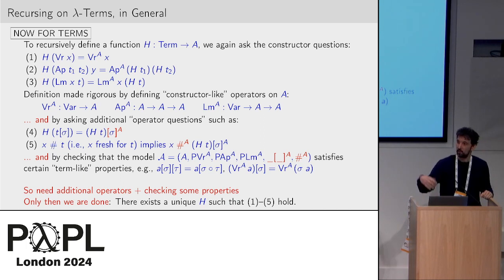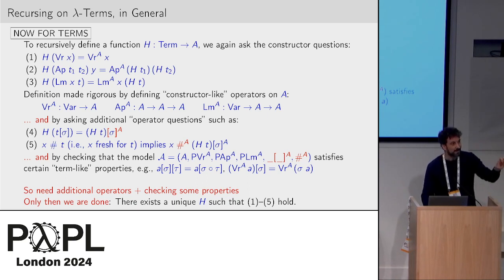And now nominal recursion guarantees that there exists a unique function satisfying what we normally identify as the recursive clauses, together with some bonus properties that force us to think in advance, essentially, about what we want. So this is really not a waste of time helping this definition go through, because we are talking about some properties that we're going to ask ourselves anyway when we are studying this function.